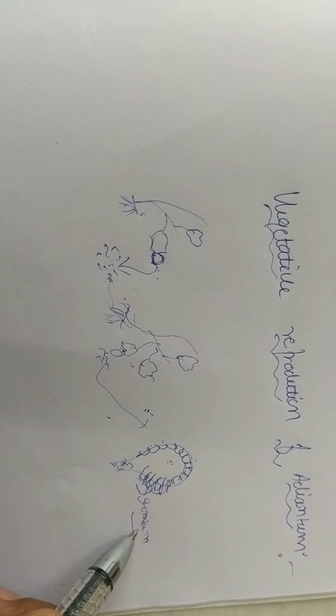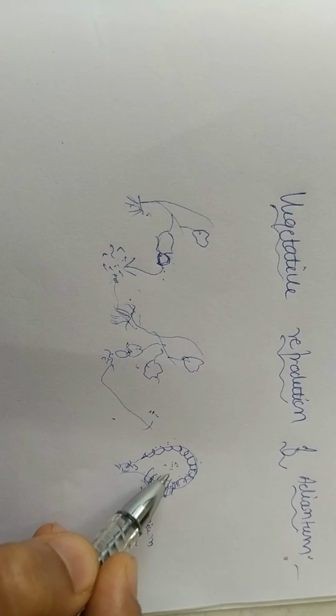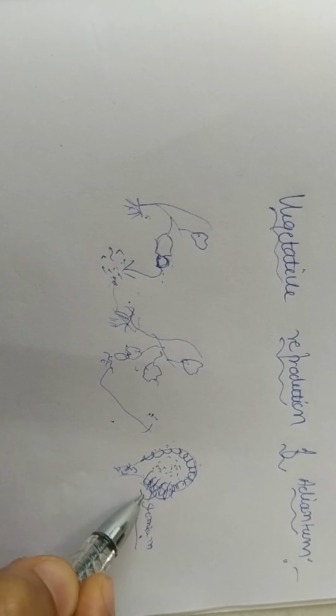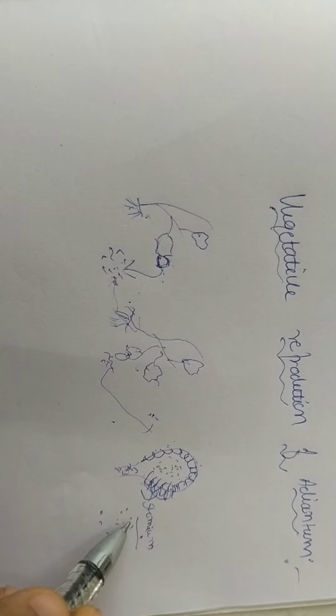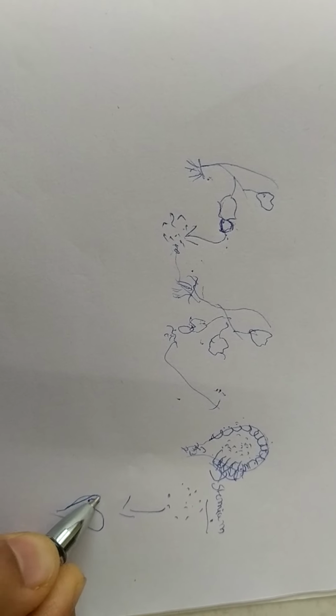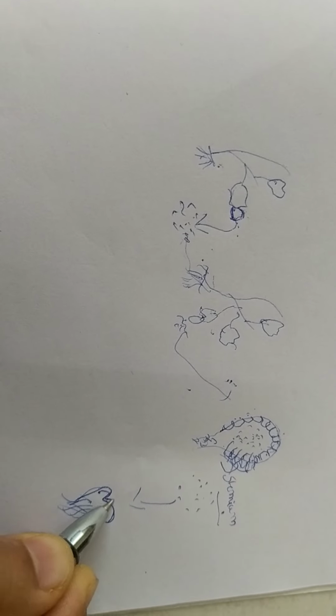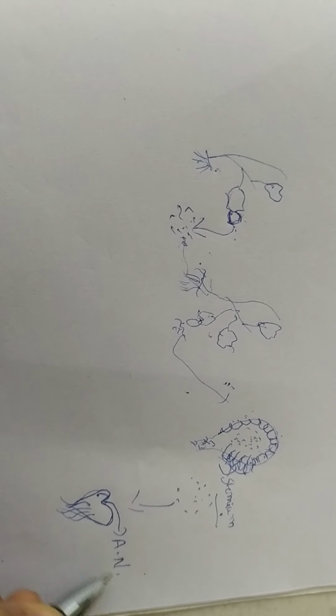First of all, they are thin walled. That's the reason they can easily open up, leading to release of the haploid spores out. So the spores are dispersed out. They are going to germinate and form a gametophyte, which is actually heart shaped structure with rhizoids here at the basal portion on the ventral side, and this will be the apical notch, which is nothing but a growing point.